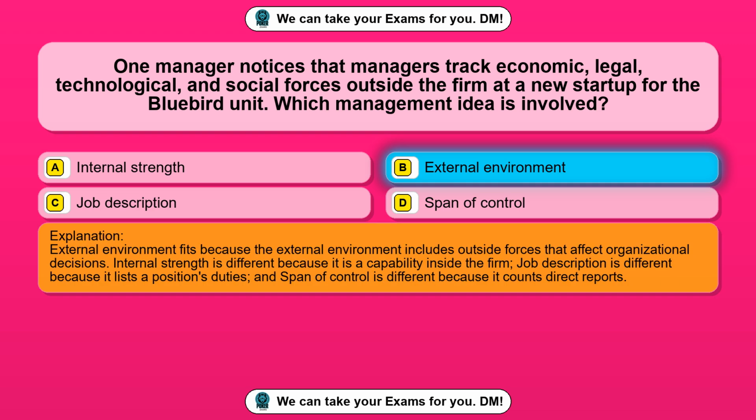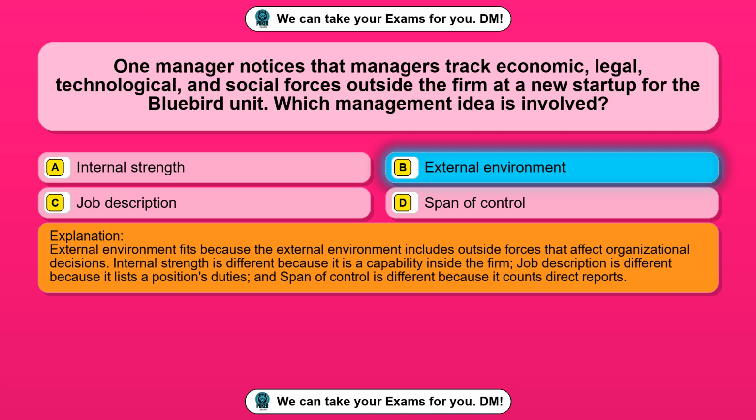External environment fits because the external environment includes outside forces that affect organizational decisions. Internal strength is different because it is a capability inside the firm. Job description is different because it lists a position's duties, and span of control is different because it counts direct